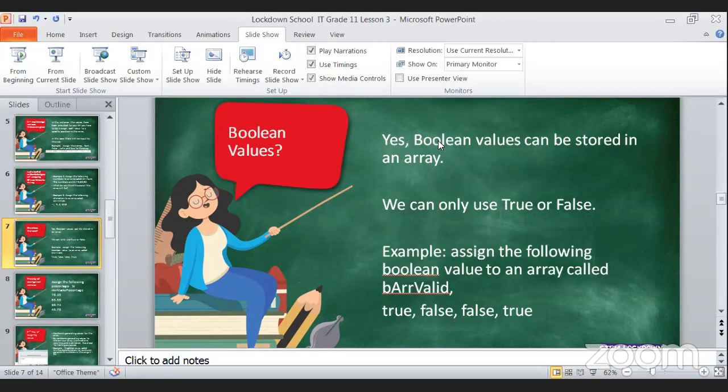So yes, Boolean values can be stored in an array. Can we use Boolean values in this array? Now, it's very rare that we would get asked to do this, but remember the idea is to make sure that you have